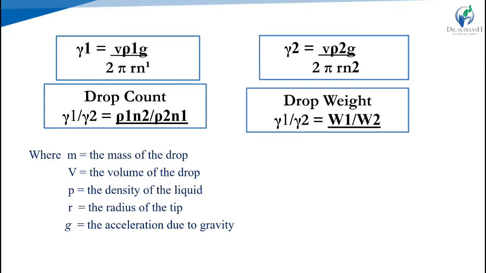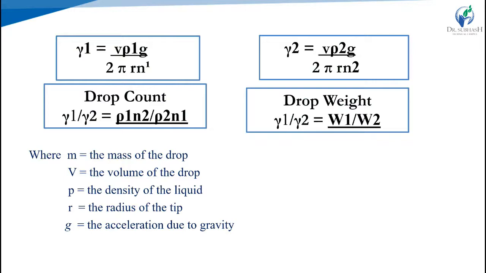Similar to the drop weight method is the drop count, or drop number, method. Here also we use the drop pipette, or stalagmometer, sucking the test liquid up to mark A, then keeping the stalagmometer vertical in the stand and allowing the liquid to fall in the form of drops from mark A to B. Then we count the number of drops. Similarly, we repeat for the reference liquid, water, and count the number of drops for the same volume. Then we calculate.